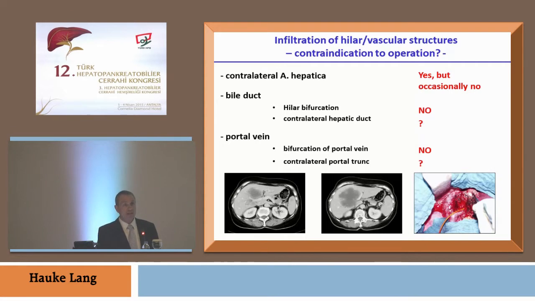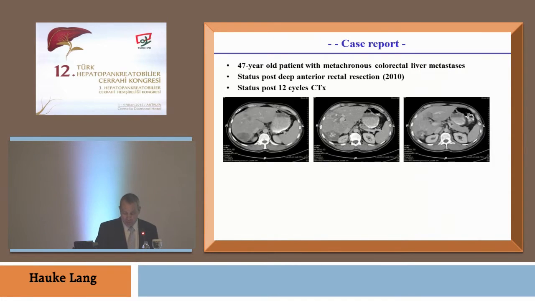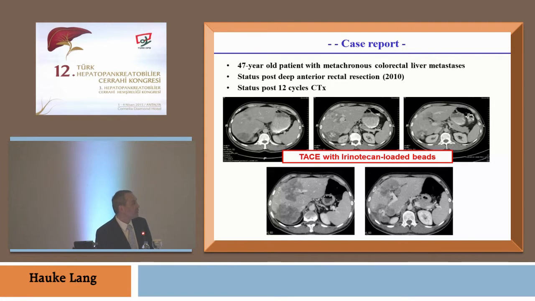I want to show you one case where we could manage invasion of both ducts and invasion of both portal vein trunks. This is a case report of a 47-year-old man with colorectal metastasis. You see one tumor here, one here. He had already 12 cycles of chemotherapy, and even at that moment it was difficult to resect because the tumor was here approaching the left portal vein and was in the right lobe. The patient didn't want to have operation. He wanted to have TARTS first, and he came back after TARTS, and the tumor was now here, very much